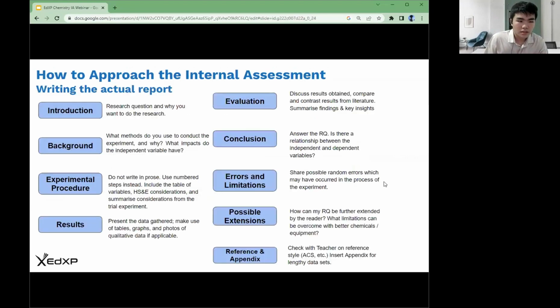All right. So on to writing the actual report. Here are the 9 key things that you should include in your report. First is your introduction. Basically here, you introduce your RQ and bring in the personal engagement, which I mentioned